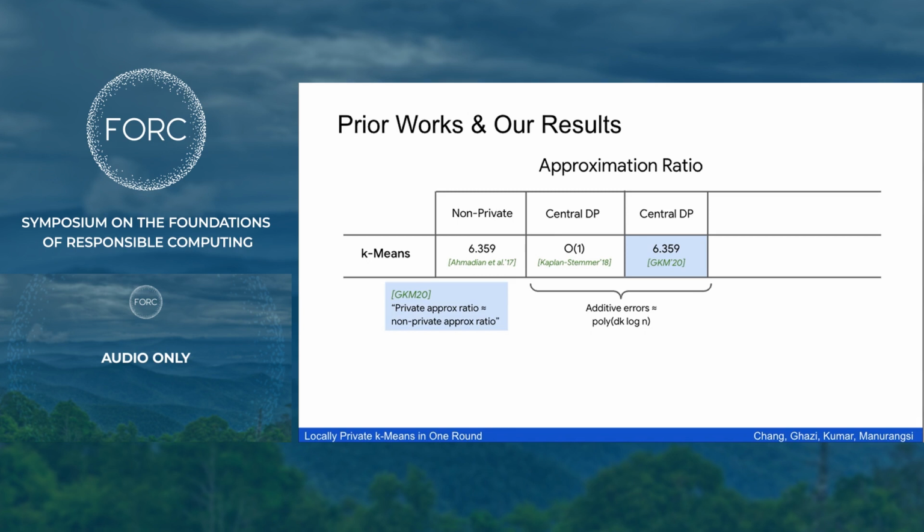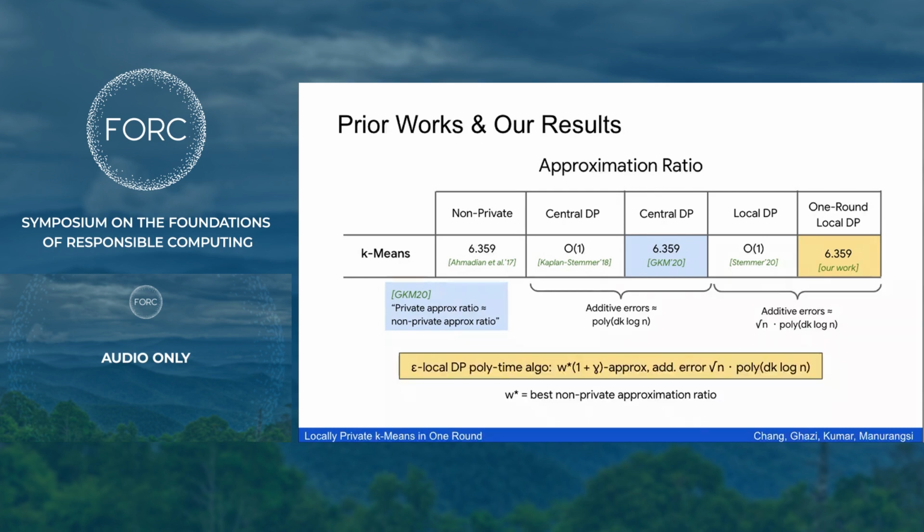And for the latter, the previous best known approximation algorithm is that of Stemmer, who gave an algorithm that achieved a large constant factor approximation. Furthermore, his algorithm requires several rounds of interaction, and he posed as an open question whether this interaction is necessary. In this work, we answered his open question by showing that, in fact, there is a one-round local DP algorithm that can achieve not only a constant approximation ratio, but also an approximation ratio arbitrarily close to that of the non-private